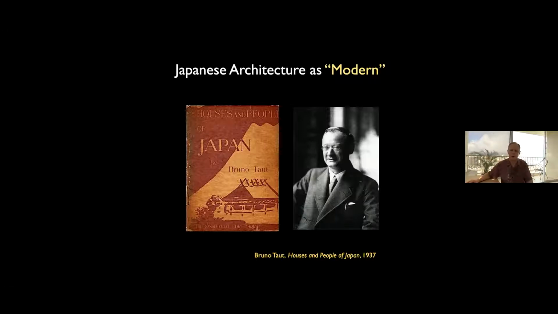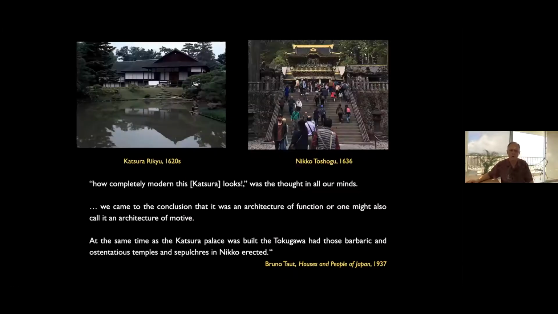but was trying to help out his Japanese colleagues, came down firmly that buildings like Katsura Rikyū on the left were essentially modern, and buildings like the richly decorated Toshogu that I spoke about earlier were, again, barbaric, kind of overloaded Baroque, I believe he called it. And he was doing it, as I said, to help out, or to try to help out, although it had lots of other